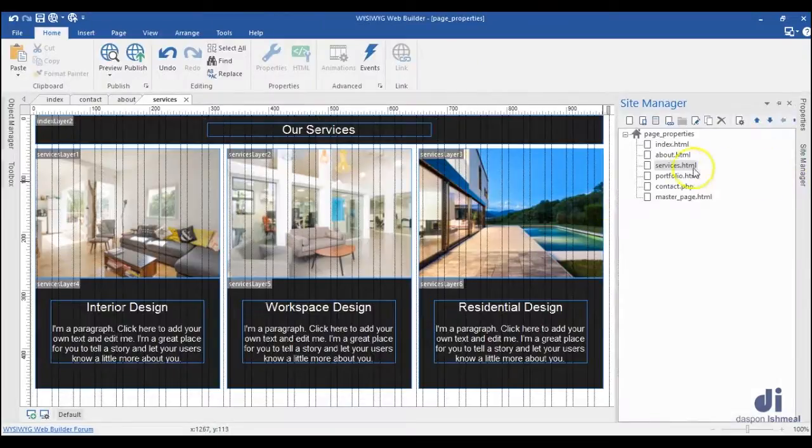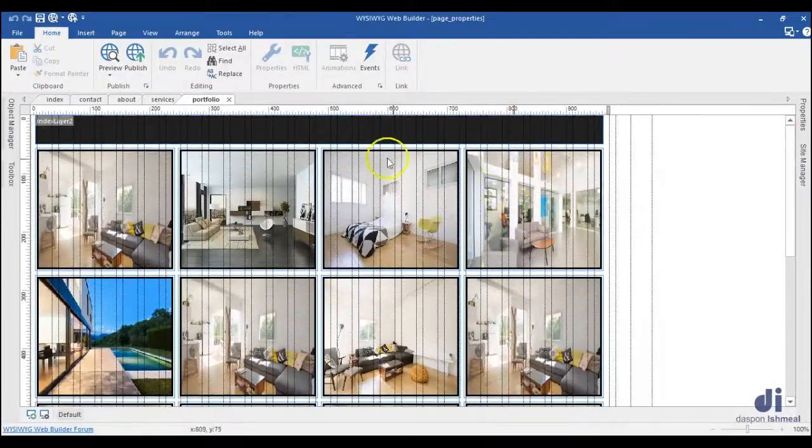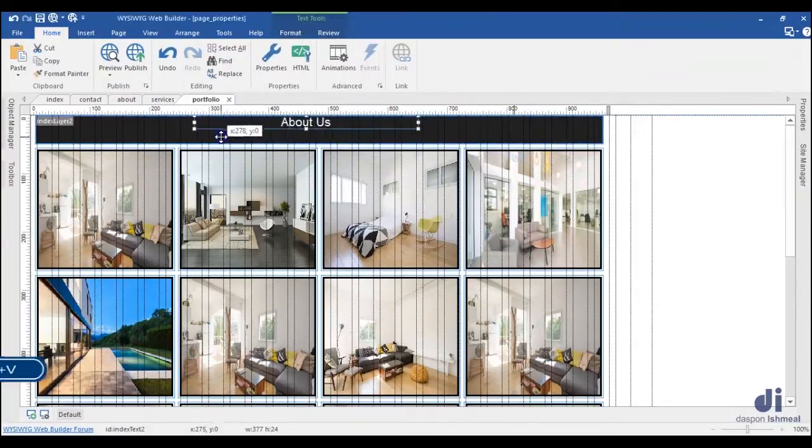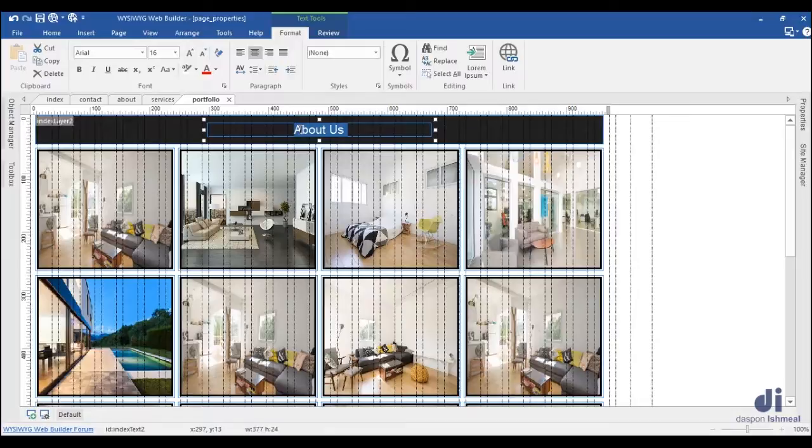Let's go ahead to the portfolio page, and over here I'm going to only paste in the text in the header, and here I'm going to paste in the text in this particular layer. I'll go ahead and paste my text. I'll move it to this layer, position it in the center both horizontally and vertically, and change this to our